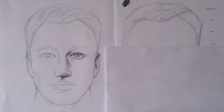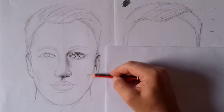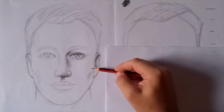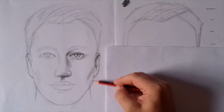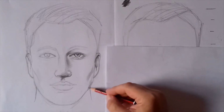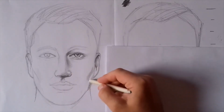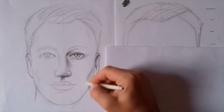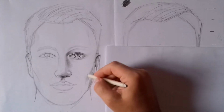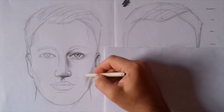Now, as I mentioned before, this is quite a generic face, what we're endeavouring to draw here. Your best drawings are going to be if you use real examples or real photographs of people. So use this for the basics, look for how you should be shading areas, but then look for good reference material, because that will give you your greater degree of success, more realism as well if you're actually drawing real faces as opposed to these generic front-on type of faces. This is all this is for, is a guide as to help you to move forward, pick up a few of the tricks. So we're kind of working on this cheek area here,